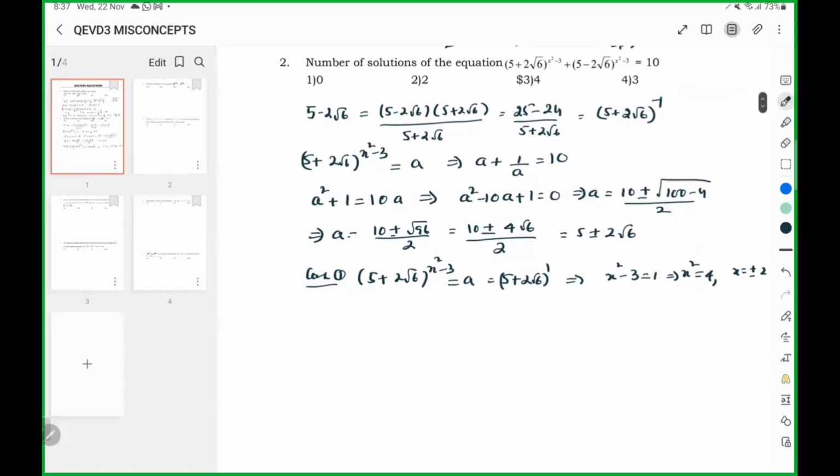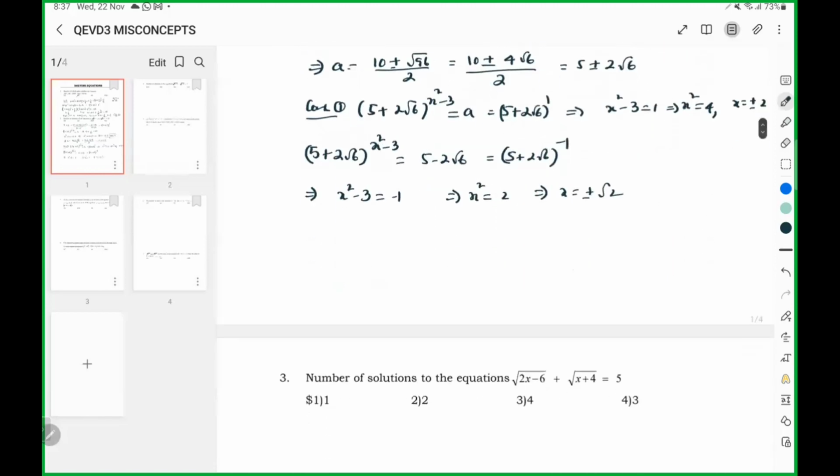So the other possibility is 5 minus 2 root 6, which I wrote as (5 plus 2 root 6) power minus 1. So x square minus 3 is minus 1. So here x is plus or minus root 2. So the possible solutions, so the number of solutions are